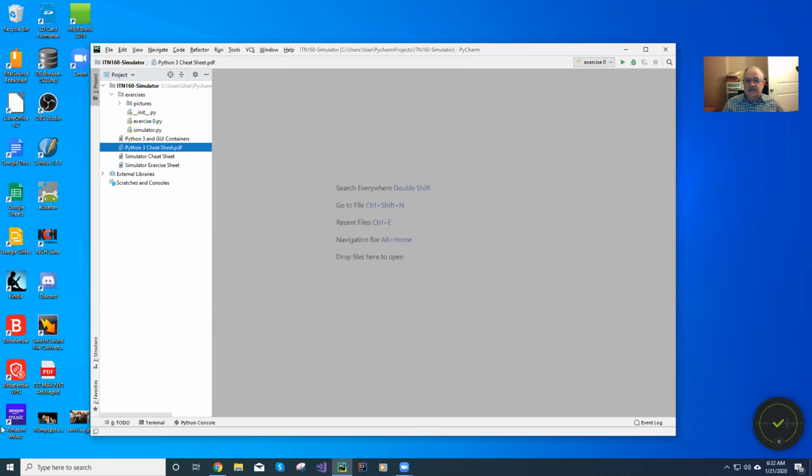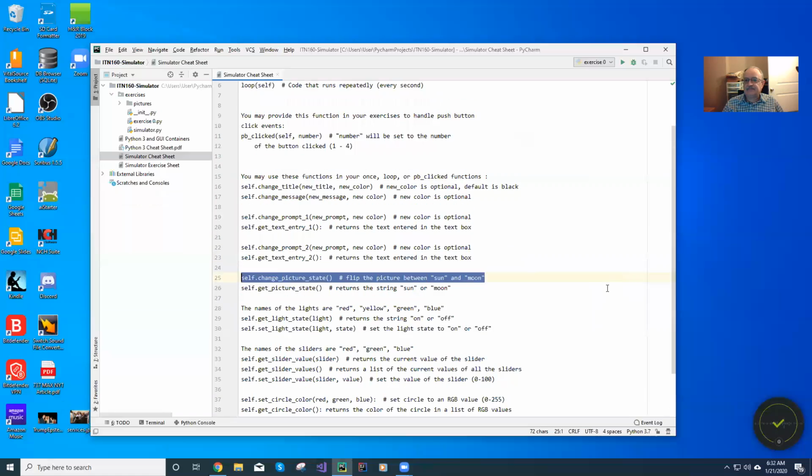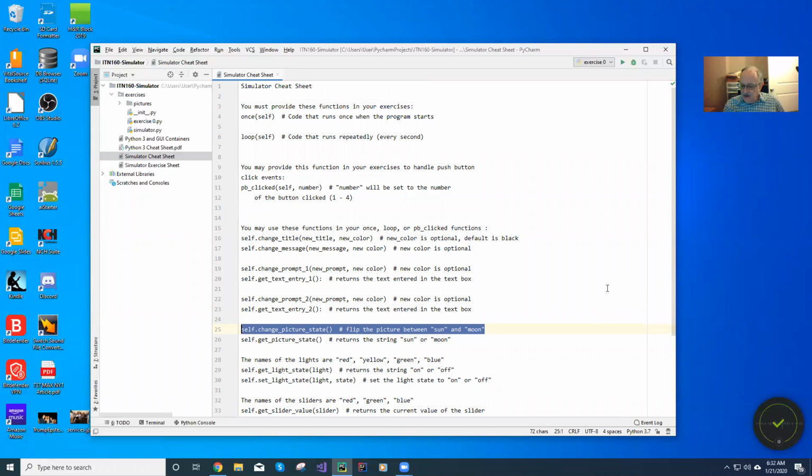All right, next up is a cheat sheet that's written particularly for the simulator. And this is divided up into several different sections explaining the functions that are available in the simulator. So starting at the top, we have 2 functions that must be provided in your exercises. Your exercises must have a once function, and in there you put code that you want to run once when the program starts. And you also must have a loop function that is code that runs repeatedly every second